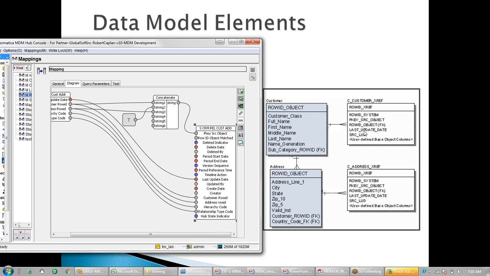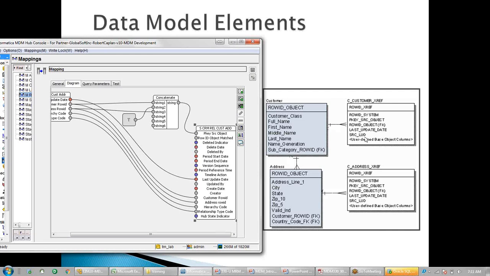So there is a difference between these. Probably you might have understood the difference between last update date and the source last update date. Last update date is the system date when the record was inserted or modified in the MDM. So if I am loading the data today, I will have today's date in the last update date. But SRC LUD date is the source date, which is coming from a landing table, and this can be a backdated date, 10 or 15 years back.